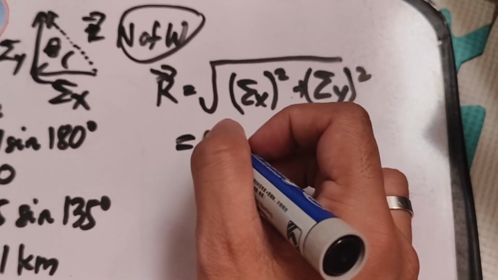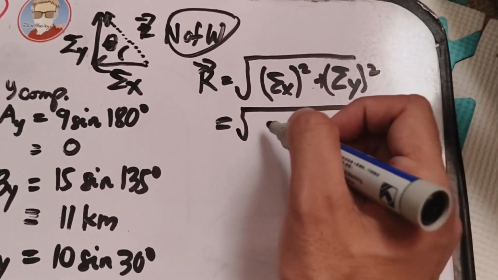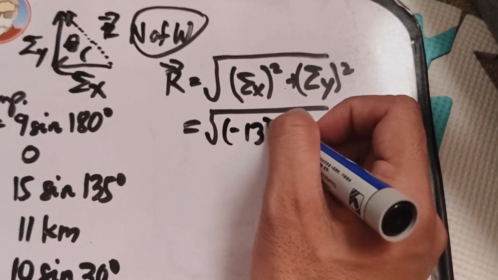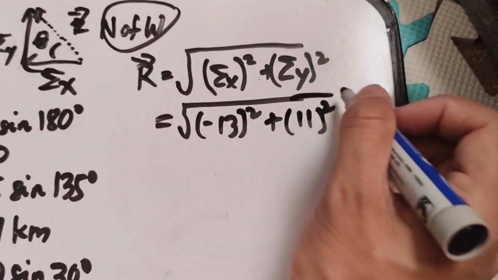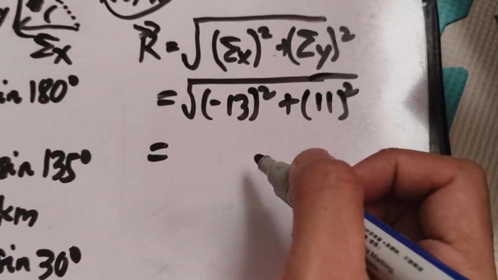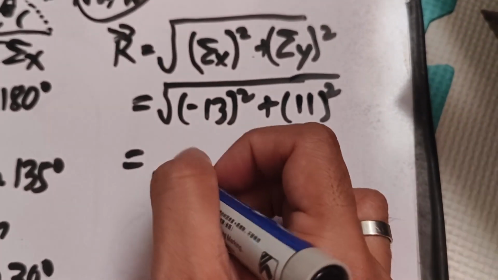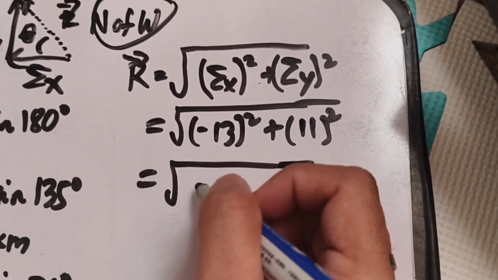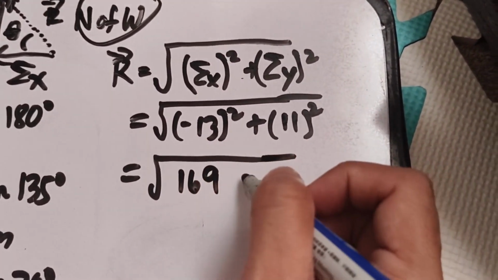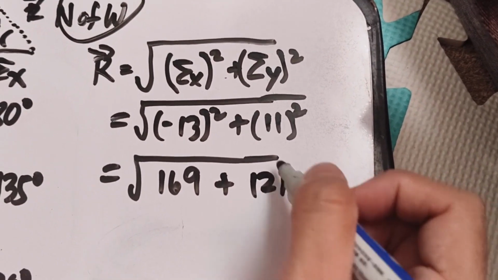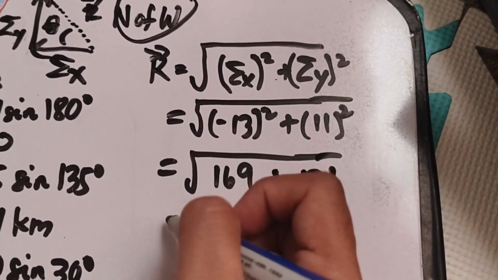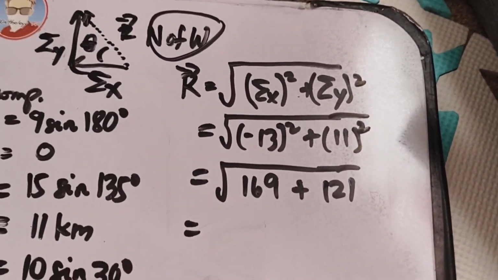So applying, we have negative 13 squared plus 11 squared. Negative 13 squared is 169. So magiging positive na siya. 169 plus 11 squared is 121, if I'm not mistaken. Okay, getting the sum of that, we have,